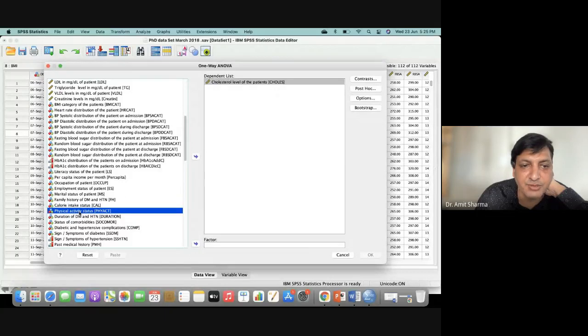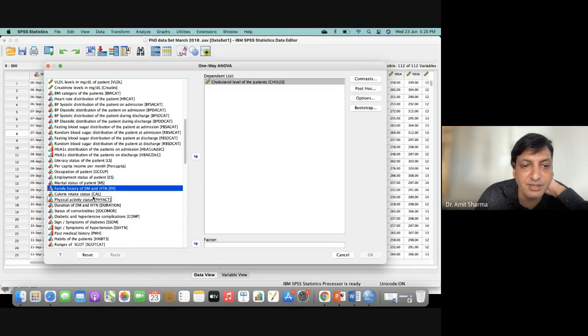But before I proceed to calorie, I have to check how many categories there are. If categories are only two, then we cannot apply the test. Categories should be more than two, or we can go for family history, any variable having more than two categories. So okay, employment status, we will proceed, no issue.